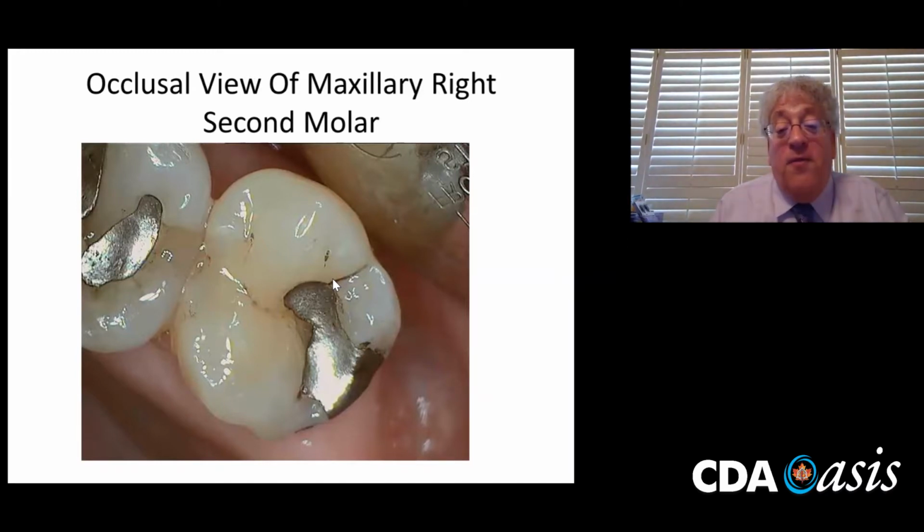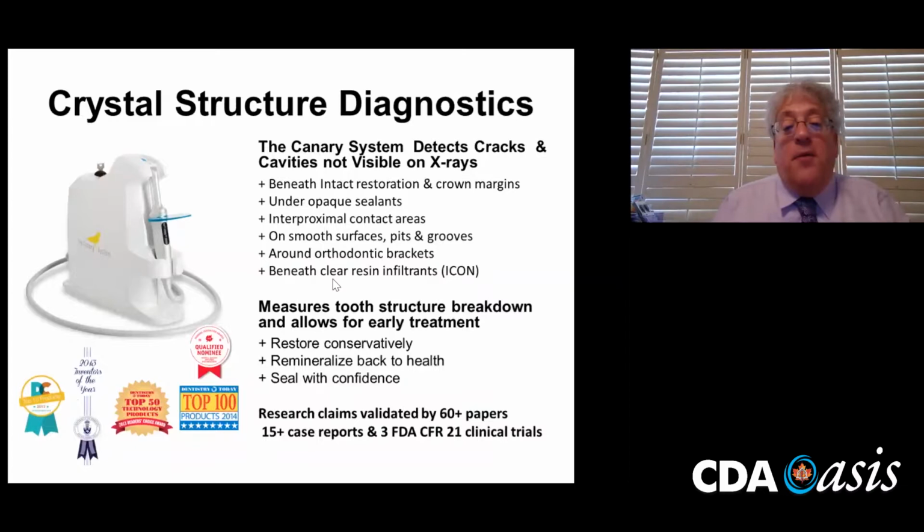So then how do we figure out which tooth is the problem? Or do we just go ahead and start removing all the amalgam restorations and placing composites? Well, what we ended up deciding to do was to pick up a device that looks at imaging the defects in the crystal structure of teeth, and using that in addition to visual exam, periodontal examination, and the radiograph as well too. The device is called the Canary system, and it uses what's called PTR-LUM. It's a pulsed laser, and it's able to take a look at changes in the crystal structure of the tooth up to 5 millimeters below the tooth surface.